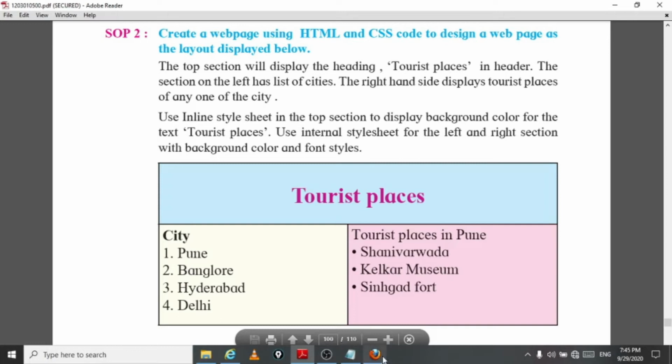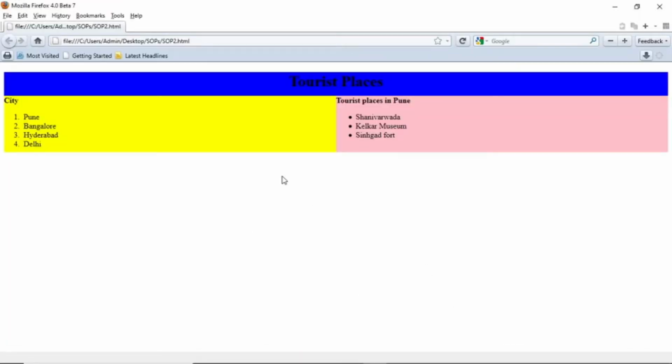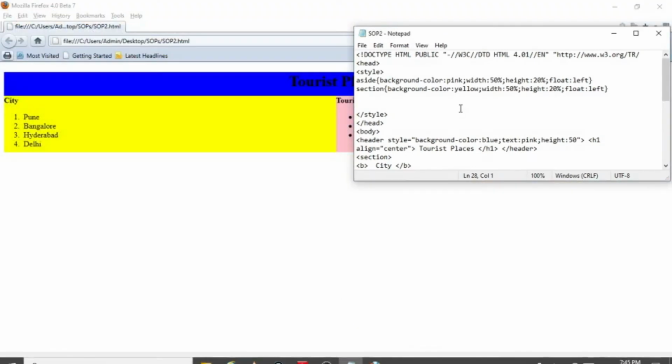So we'll just go through the code. This is the final output. It will look like this. You will have the top section with the blue background, and the Tourist Places text should be pink in color. So I have not changed it. Let me just change it and make the color